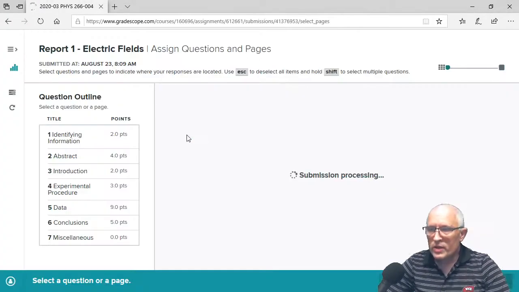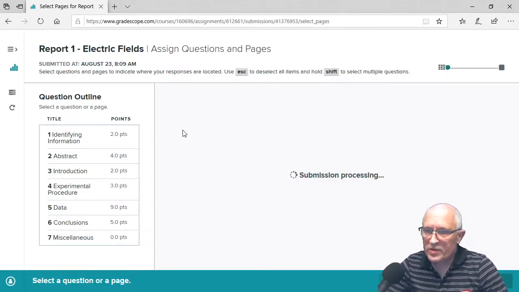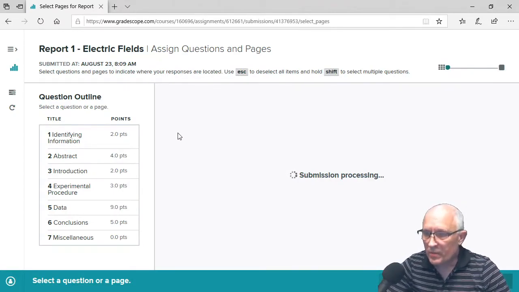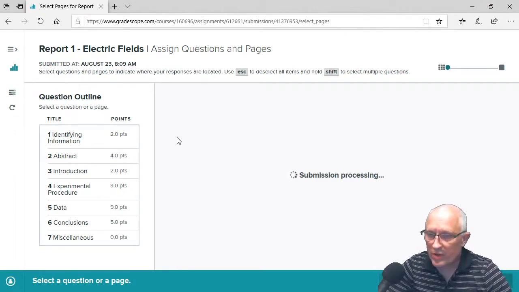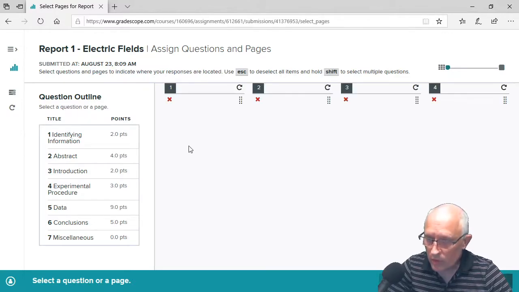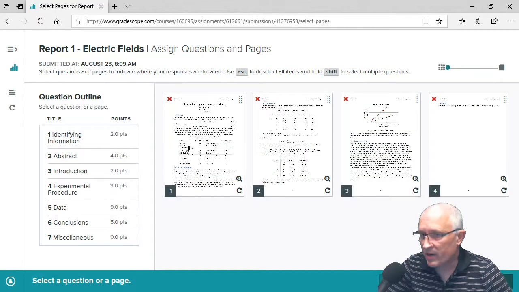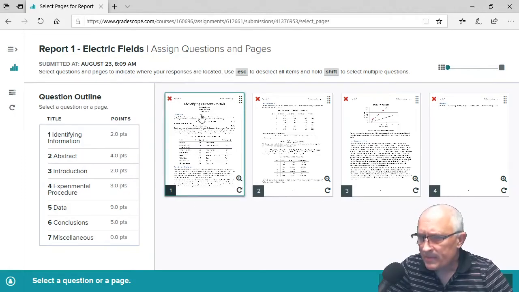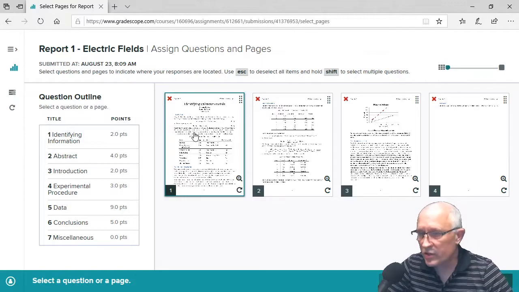Now, this particular assignment was set up as what's called a variable length assignment, meaning that the students are creating their own lab report here, and so in this variable length assignment, they will be able to have any number of pages, and they will have to tell me as an instructor which page different sections of their